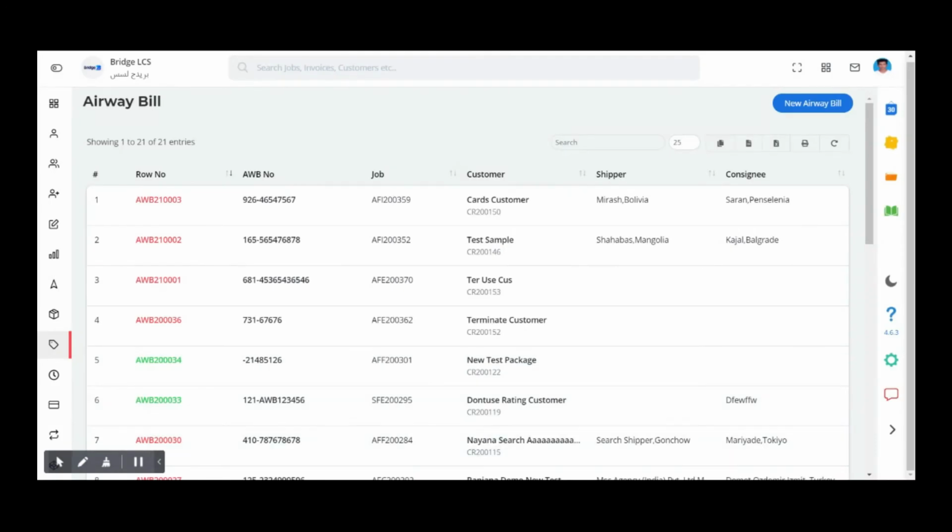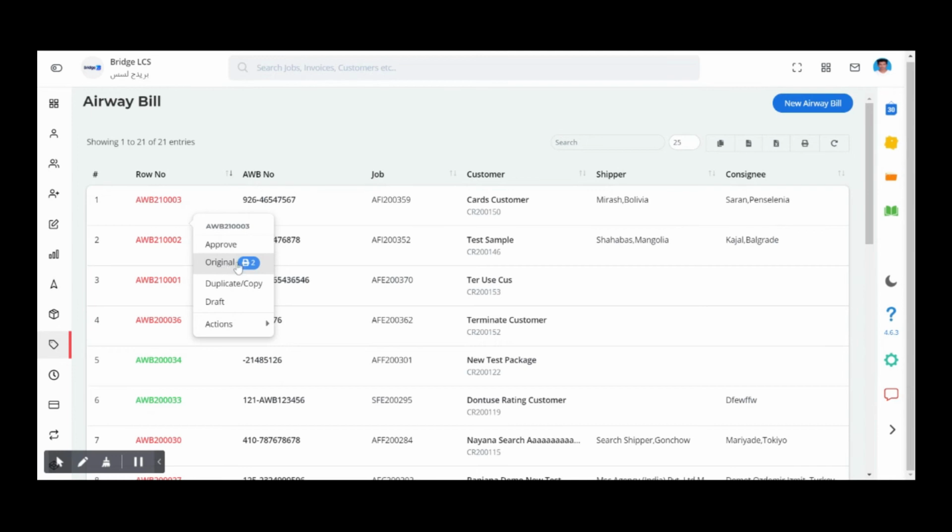Now let's see the operations that are applicable on unapproved and approved bill data. Right click on the unapproved bill. You'll get options like approve, original, duplicate or copy, draft, view, edit and delete.